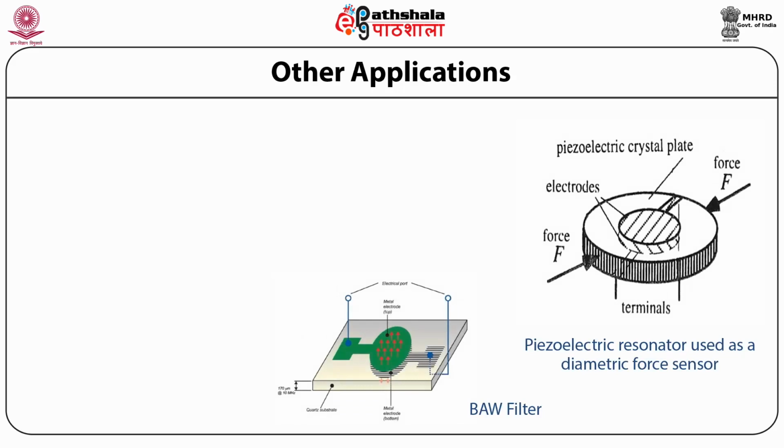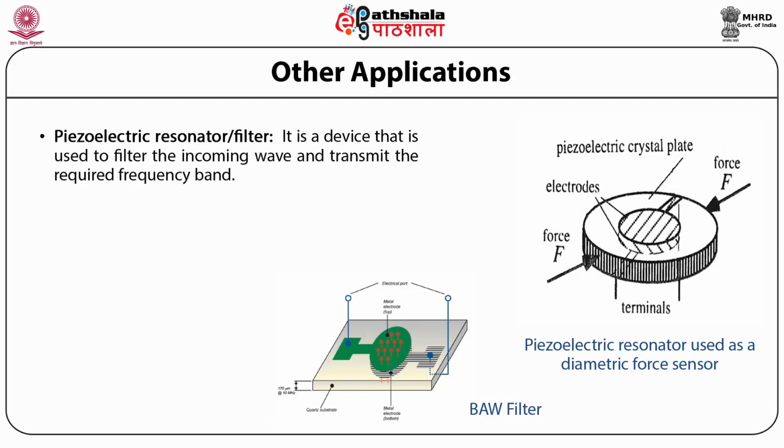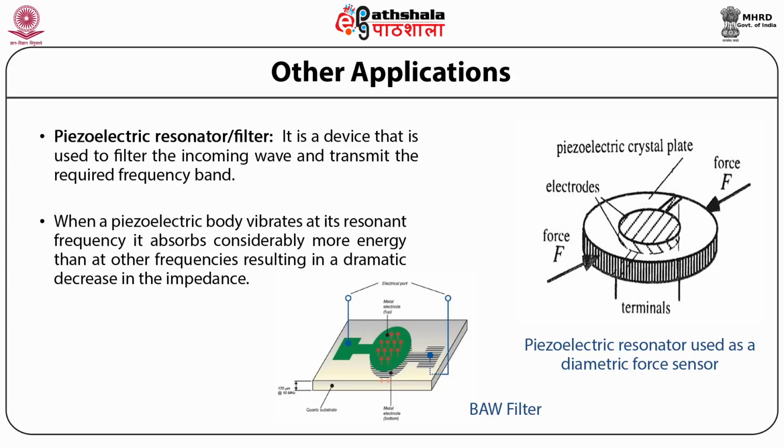Piezoelectric resonator or filters. This figure shows a piezoelectric resonator used as a diametric force sensor, and the right hand side figure shows a BAW filter. So a piezoelectric resonator or a filter is a device that is used to filter the incoming wave and transmit the required frequency band. When a piezoelectric body vibrates